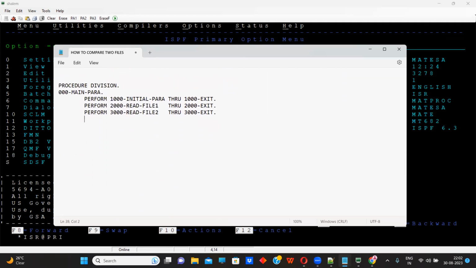Now I will say perform 4000 process para through 4000 exit. Till which point do I have to process this? Till the end of the first file or the end of the second file, whichever completes first, I have to process. So here it will be until